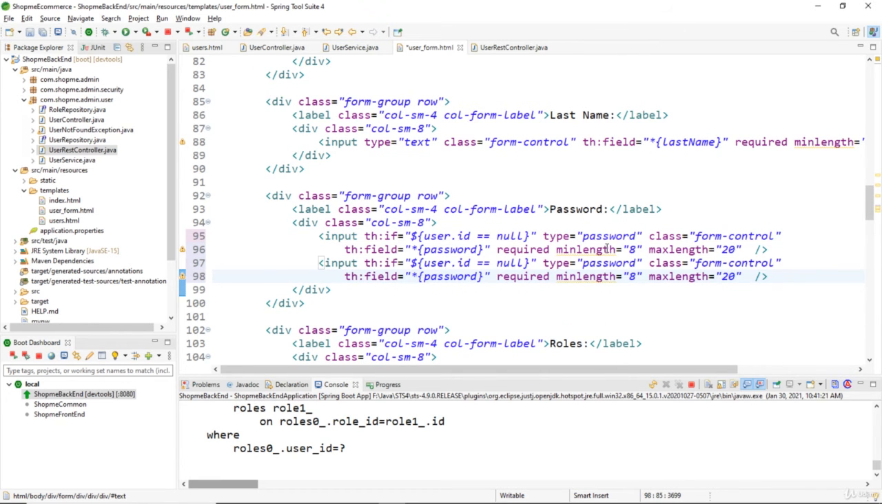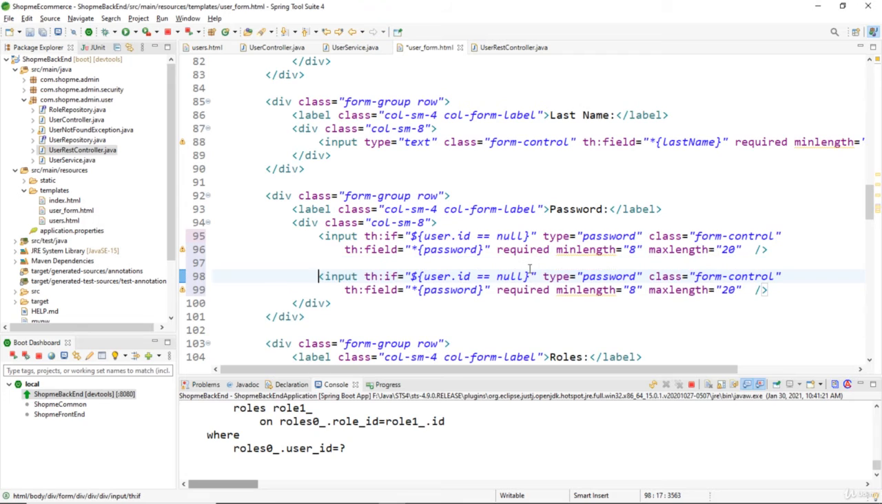Otherwise, if the user ID is not null here, then the field is not required because the user is in editing mode. Min length and max length are still required, but the required attribute is not needed. Okay,